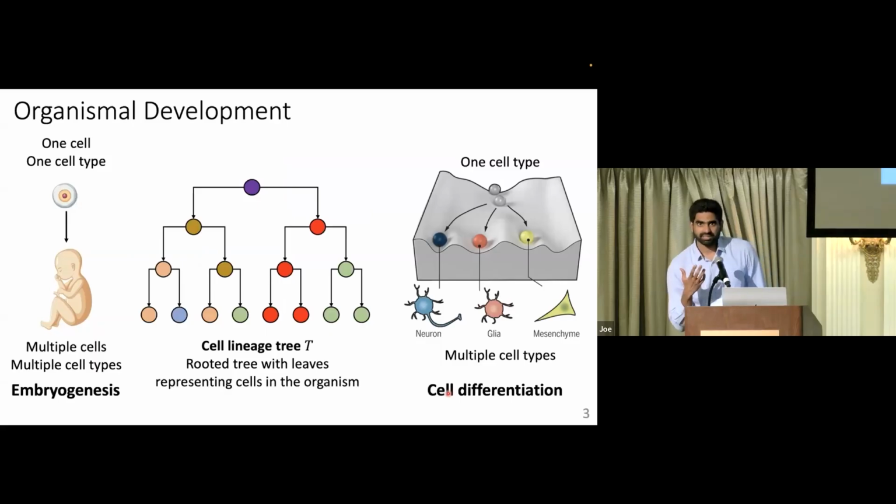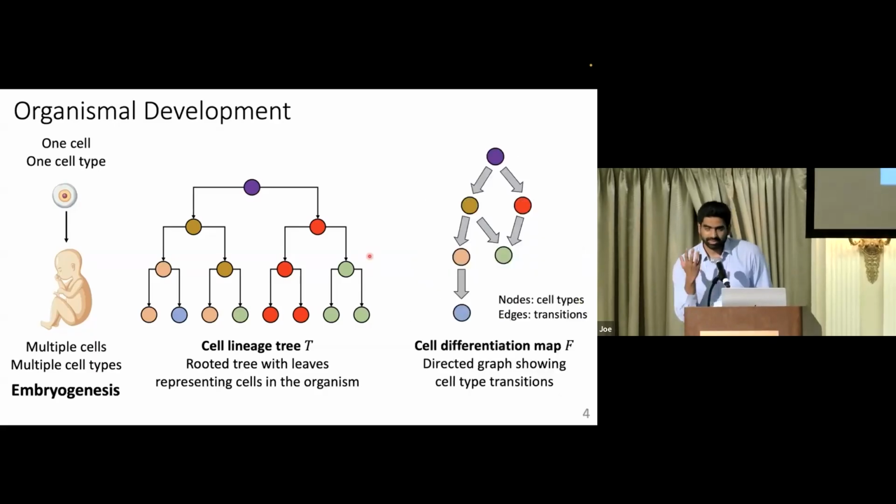And the history of cell divisions is often represented by a cell lineage tree. This is a rooted tree where the leaves represent the cells that comprise the organism, and the root represents the zygote and shows you all the successive cell divisions that happen during development. And similarly, cell differentiation can also be represented by a directed graph, which we call the cell differentiation map. Here the nodes represent different cell types, and the edges tell you what cell type transitions occurred